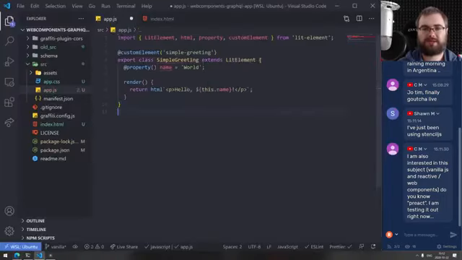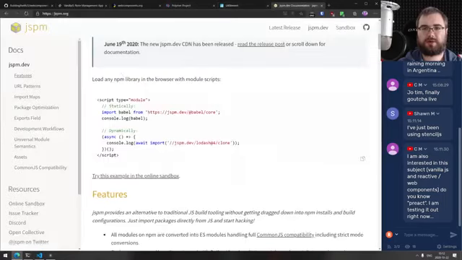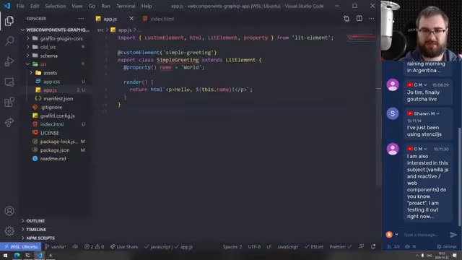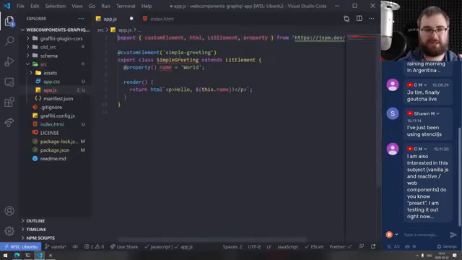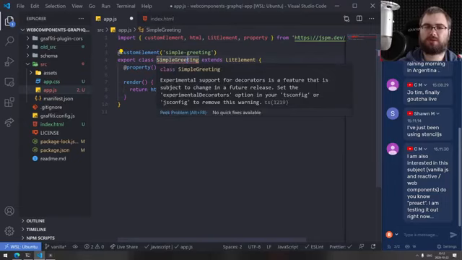So we're going to do this, and I am going to use JSPM, so the format is this. You just put jspm.dev before it. And that should work. Okay, if that works, that's going to be really awesome. So what is